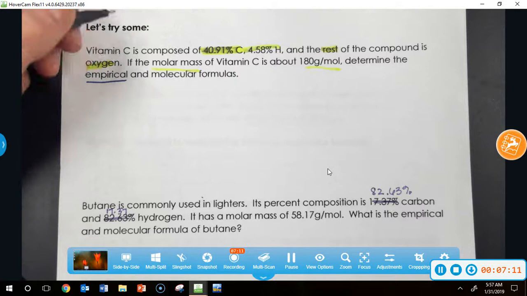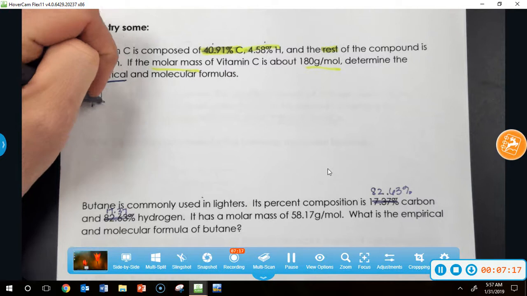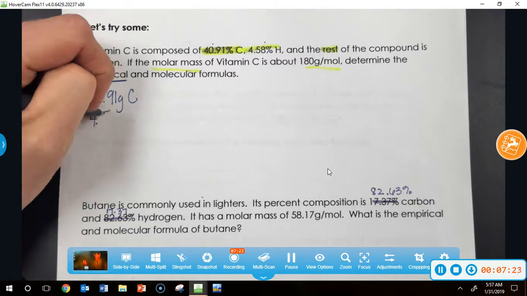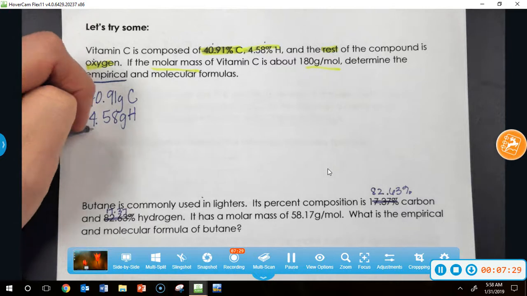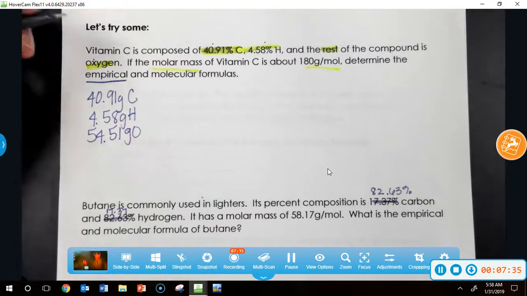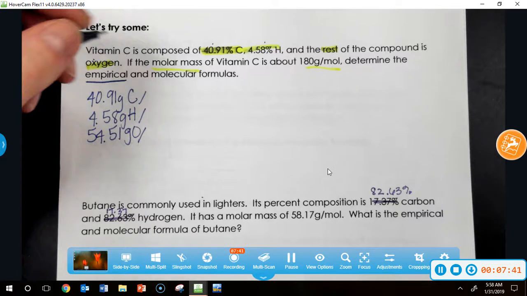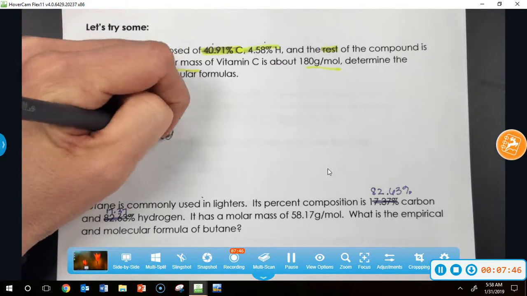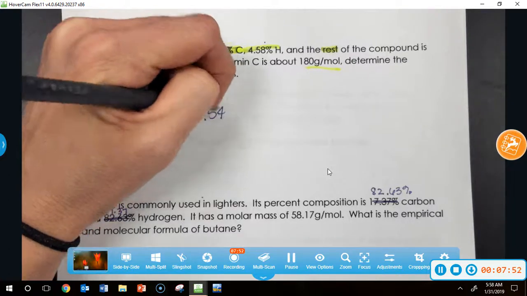So, to calculate the empirical formula of vitamin C, I'm going to take all of my givens, right? I'm going to assume those are grams. So I've got 40.91 grams of carbon, 4.58 grams of hydrogen, and the rest is oxygen, so 54.51 grams of oxygen. My next step is I need to get those into moles so I can determine my simplest mole ratio. So divide everybody by their atomic mass, and you get 3.41, 4.54,